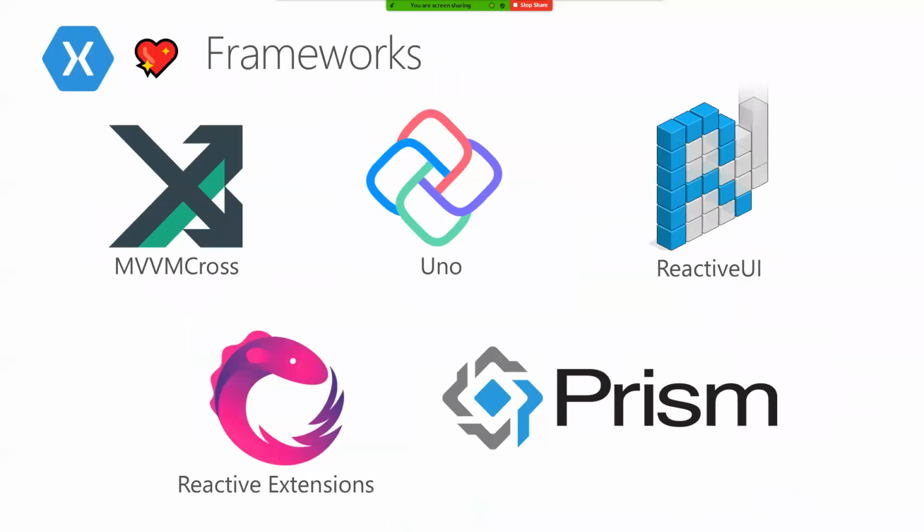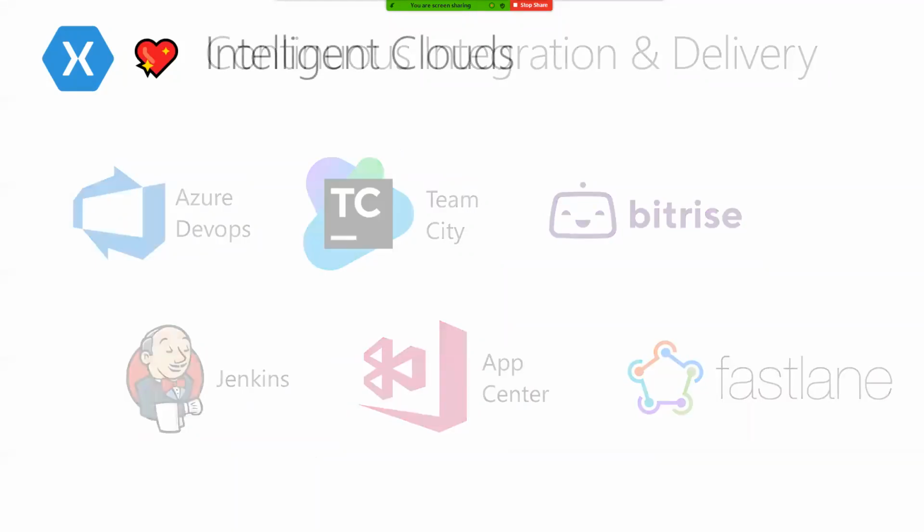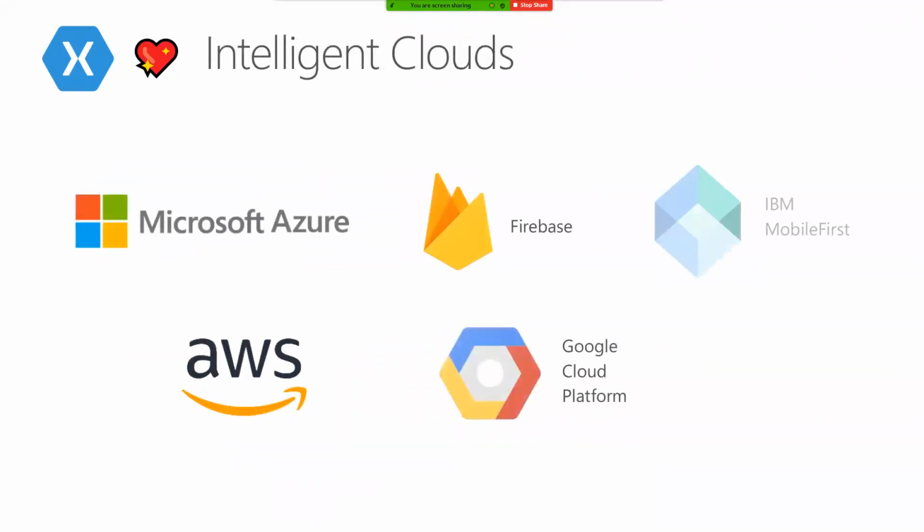If you're not an MVVM developer, hang on because I have news for you in a couple slides. But if you've heard of Prism, Reactive UI, MVVM Cross, all these things work well with Xamarin. And Uno is the UWP cross-platform third-party tool. It's pretty cool. Uno uses Xamarin for all of its mobile stuff, which is awesome. Of course, it's going to work with all the things that make you a good DevOps person, or like me, you don't do DevOps and you just kind of cross your fingers. And like I said before, it works with all the clouds that you'd be using.